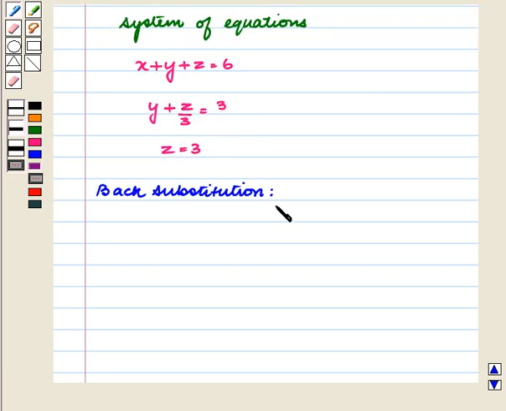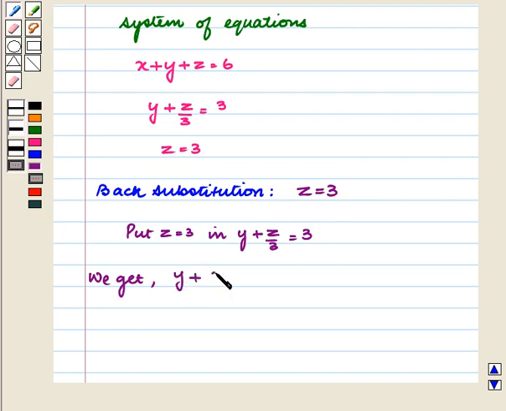Now we solve this reduced system using back substitution. We have z equal to 3. Put z equal to 3 in y plus z by 3 equal to 3. We get